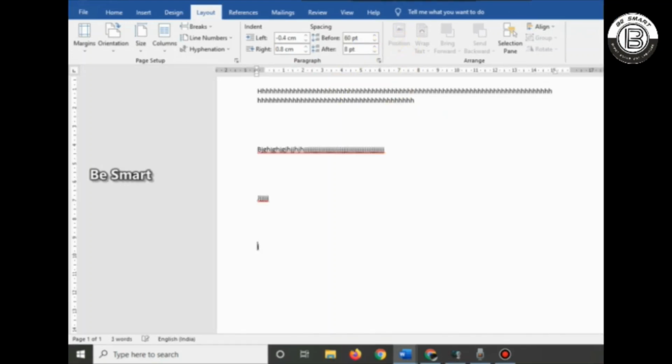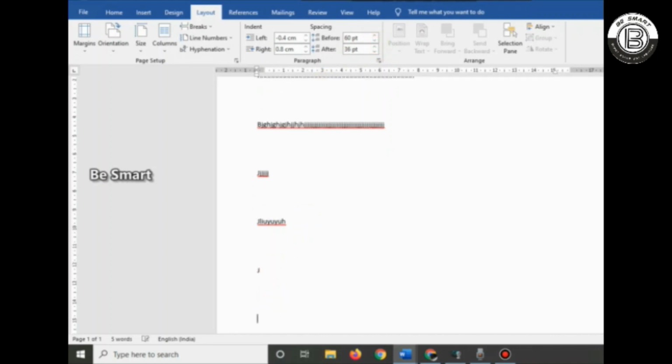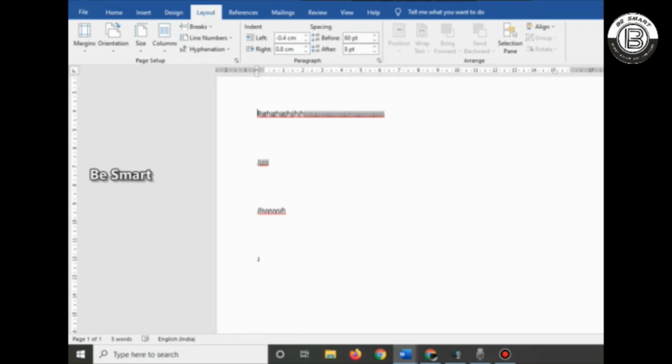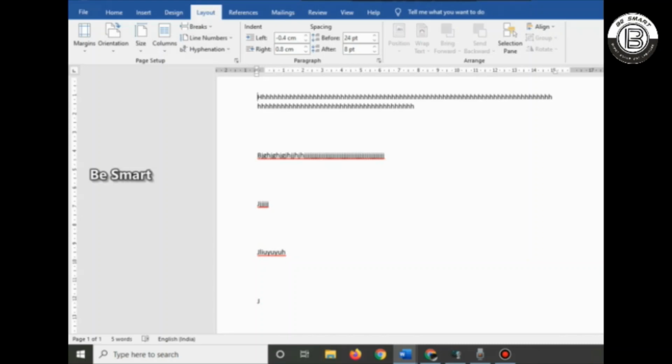I'm pressing enter and typing another paragraph. The space is increasing. Before means before the paragraph. After means if I increase it, then after the paragraph the size will increase. Increasing either one of them is itself enough.